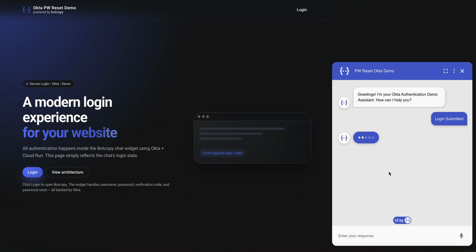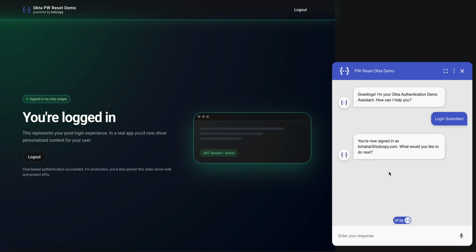And hit submit. And the bot sends those credentials to the Cloud Run. Cloud Run talks to Okta. And since the credentials were valid, Okta returns a success back to the webhook. And Botcopy is broadcasting that with a window event to the page to flip us into this logged in state we see here. So from a user's perspective, they just log in through chat and the whole site recognizes that